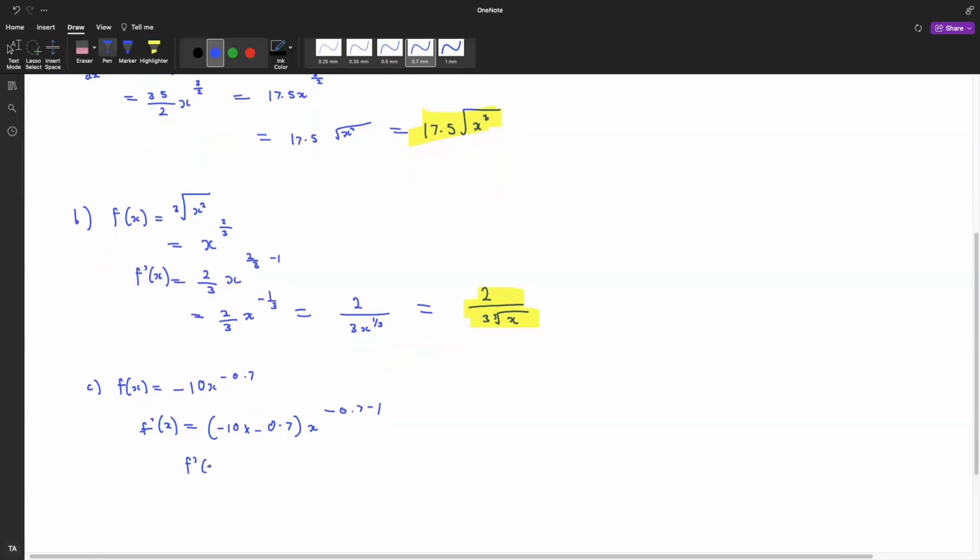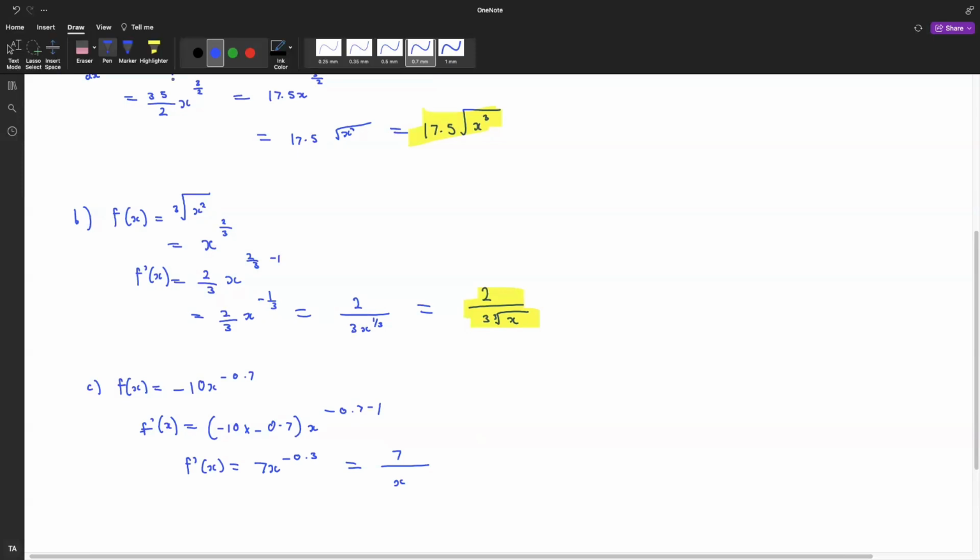Okay, so rewriting that and simplifying, negative 10 times negative 0.7 is just 7. 7x to the power of negative 0.3. And again, we don't want negative indices, so we're going to bring that to the bottom. And that's going to become 7 x to the power of 0.3, or x to the power of, oops, sorry,